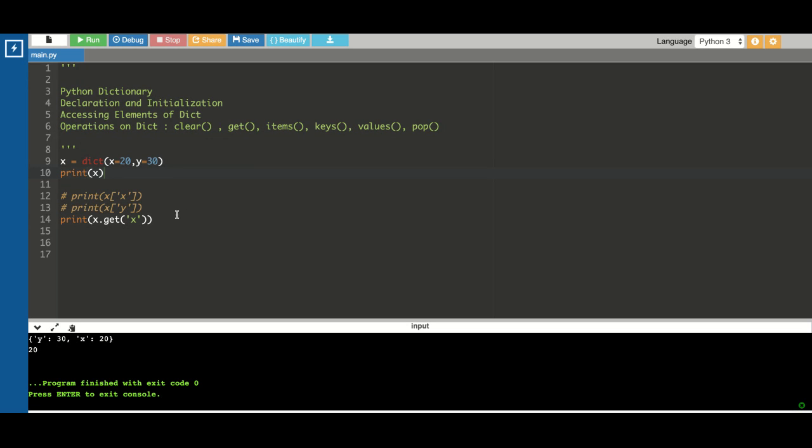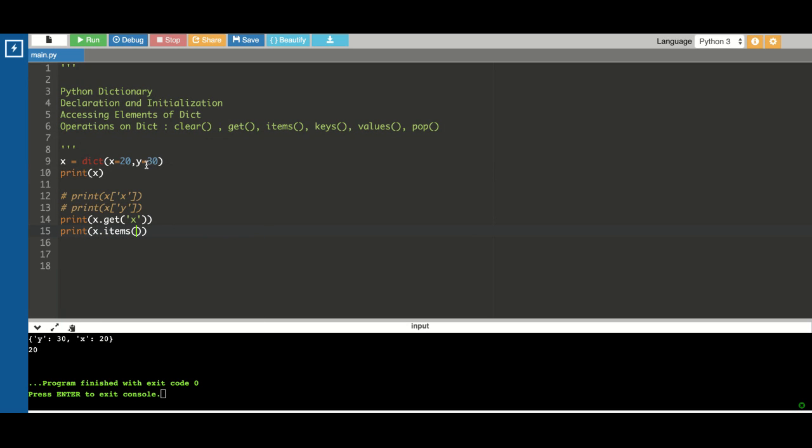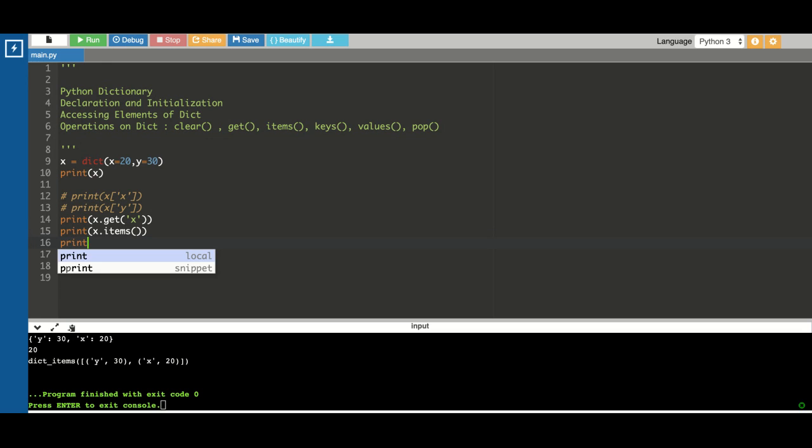Okay, we have items. What will items do? It will print the entire list. Sorry, it will print the entire dictionary. You can see all the items are returned. We have keys. The keys method will return all the keys.